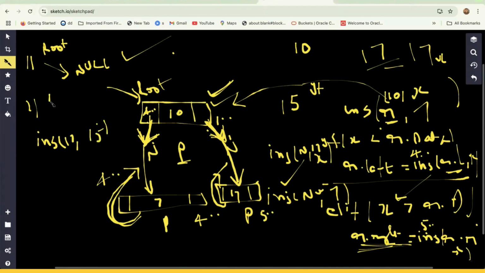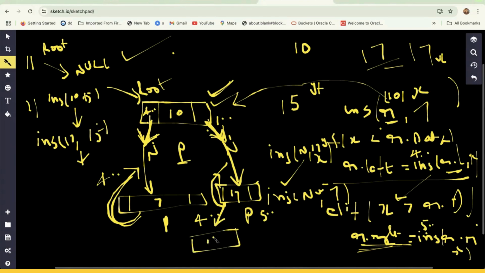So the actual first call is insert at 10, 15. By seeing this, you move to the right side. 17 and 15: 15 is the lesser value, so it should go on the left side. Left side is null, so there you will create a new node,